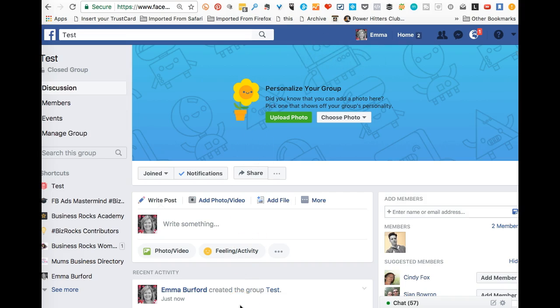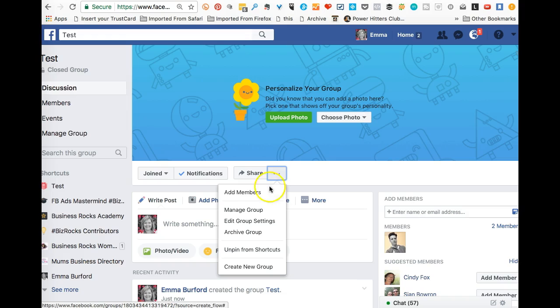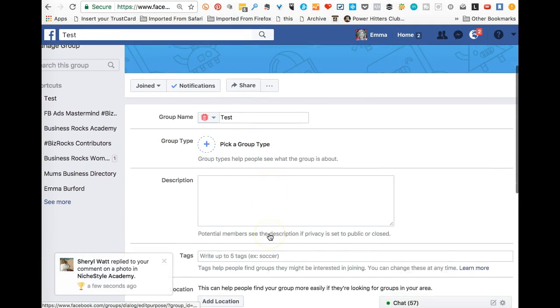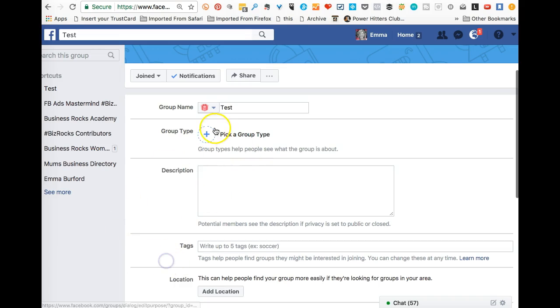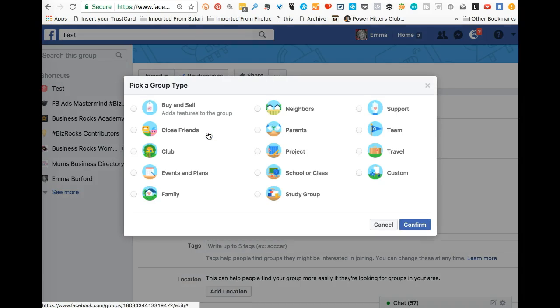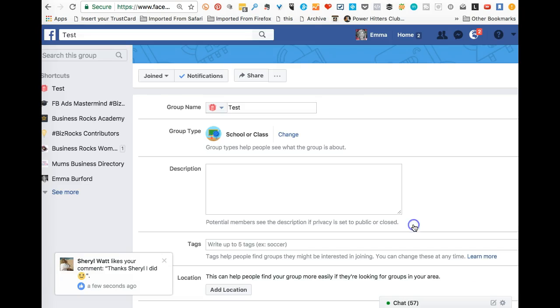Anyhow, going back to the units, what we need to do now is go in and change the type of group that it is. So we're going to go into the edit group settings. You click these little dots here, click edit group settings, and we need to add the group type. I'm going to pick a group type. I haven't checked all of them out, but I do know that it's the school and class one here that will allow you to add units, and I'll show you what that means in just a moment. So if we add that in,